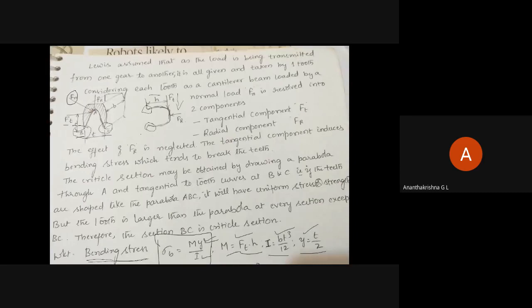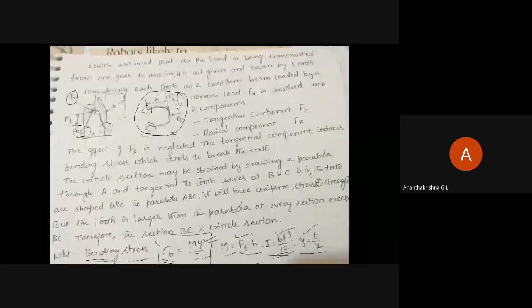Rotate this gear tooth by 90 degrees. This is what I get. So we have the tangential force acting at a distance h with reference to the root circle or base circle of the gear tooth, which will induce a bending moment. The effect of the bending moment is to subject the component to bending stress. So the gear tooth is subjected to bending stress, and that bending stress is given by M into y by I. Y is the distance of the farthest layer from the neutral axis. Considering it as a rectangular cross section, we take this as t by 2, and moment of inertia as b t cube by 12.